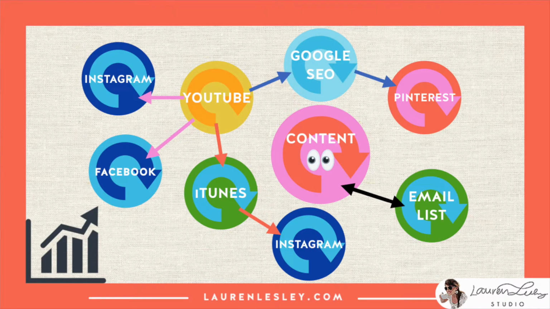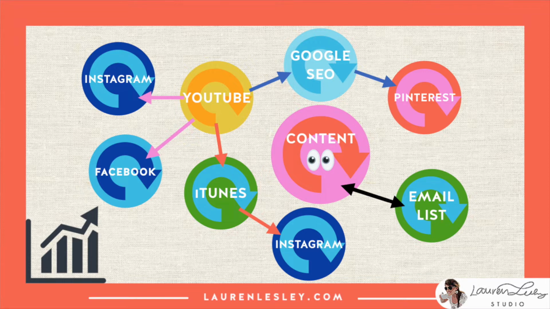So that really starts to rev the engine and tell Google SEO, this is a good piece of content. Google's gonna bump it up. On Pinterest, more people are clicking on it, more people are saving it. That's gonna bump it up in Pinterest. On YouTube, it's going to crank up the YouTube algorithm when more people are seeing it and engaging with it and liking it. And so having your email list, it's kind of a back and forth game,